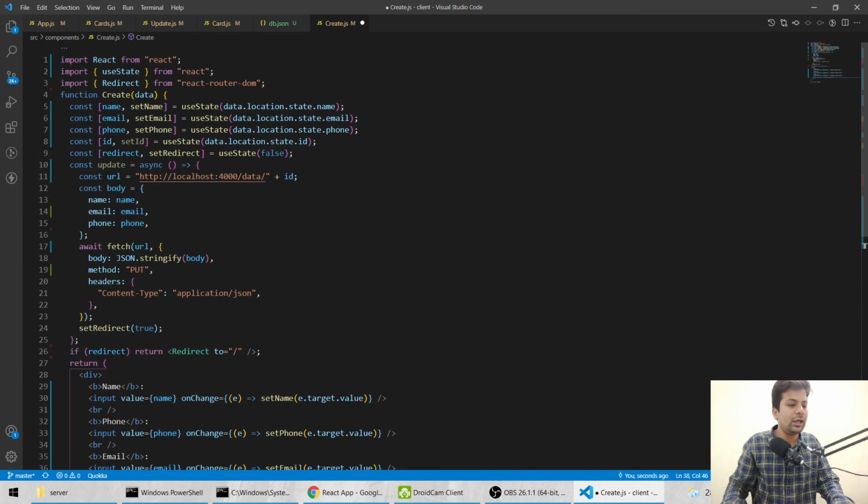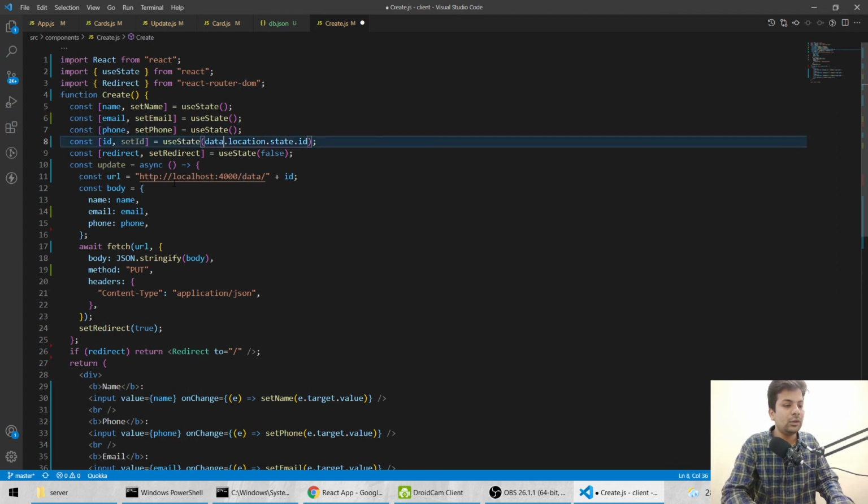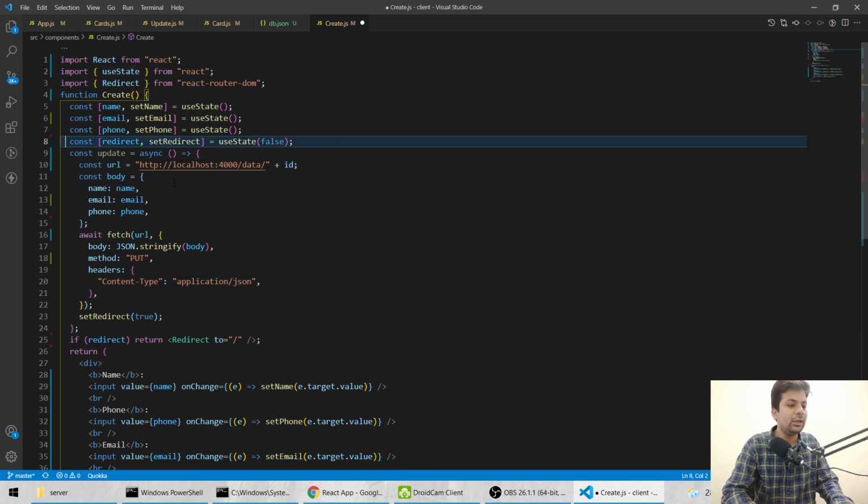And here we are accepting some data, will not accept it, and useState should be null. We won't be using id because id will be automatically created.